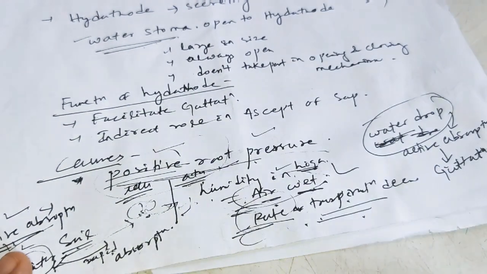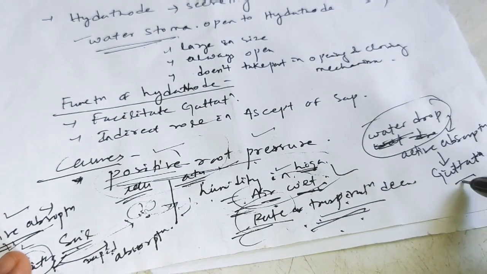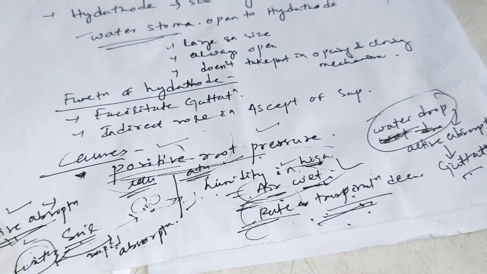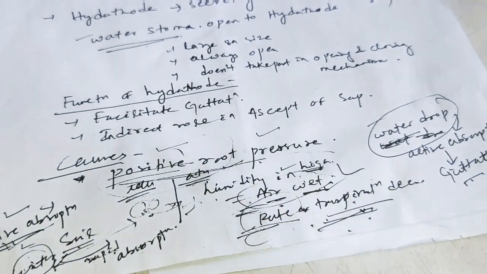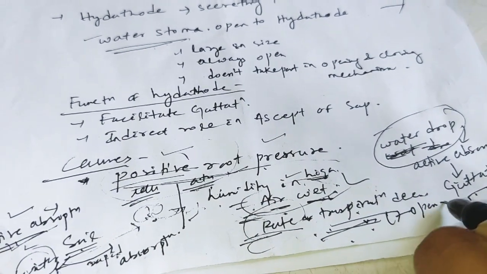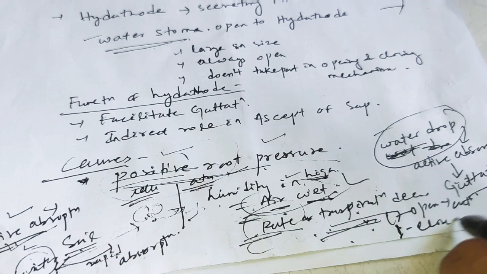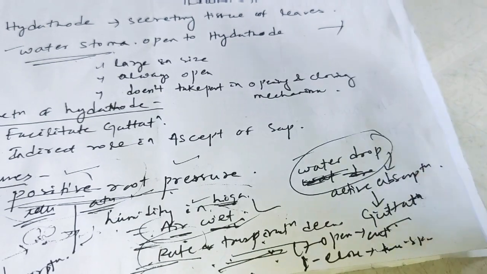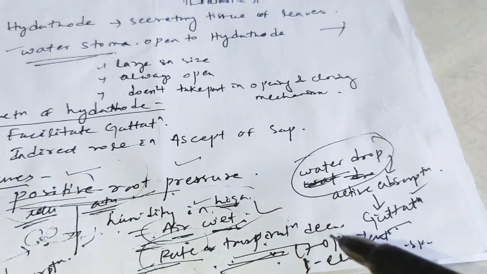And what is the second most important difference? In case of transpiration, the stomata and the guttation stomata are different. These stomata are called water stomata and the normal stomata are called stomata, normal stomata. Okay. In this case, the stomata participate in opening and closing. Due to the opening of the stomata, water vapor is released out, and when the stomata close, it stops. Now the transpiration process is stopped. But in case of guttation, what happens? Okay, in daytime there is no problem with the release of water.